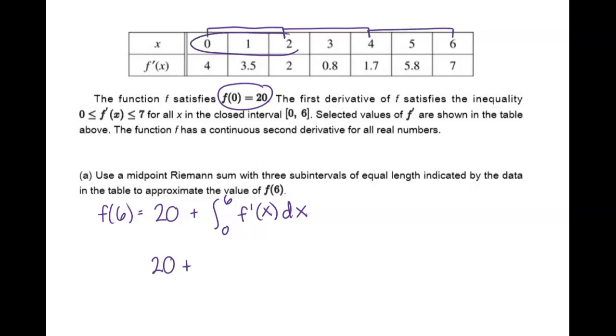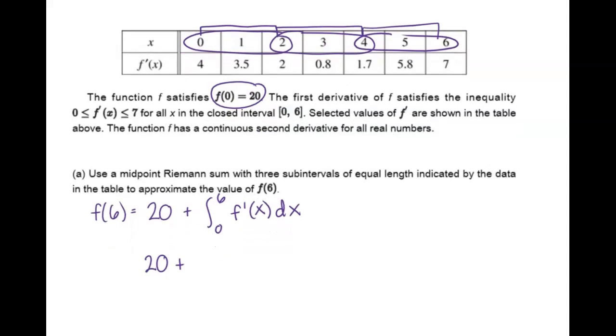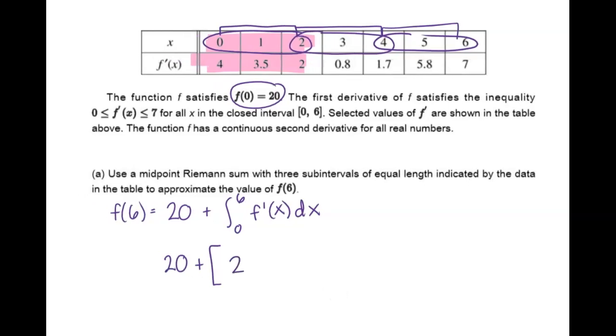If you prefer the circles, we've done that too. 0 to 2, 2 to 4, 4 to 6. Okay. So we're finding essentially our rectangles. So for this first rectangle here, we'll have 2, because 2 minus 0 is 2, times our midpoint y value, which is 3.5,